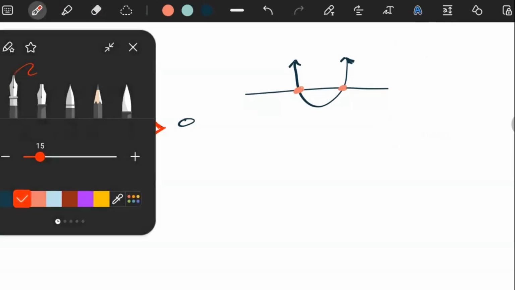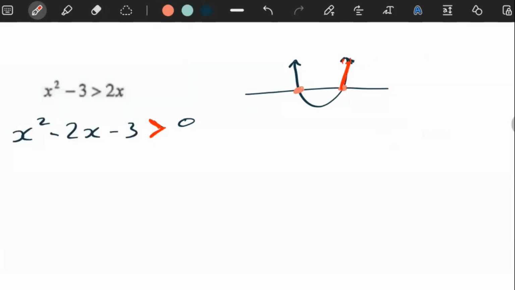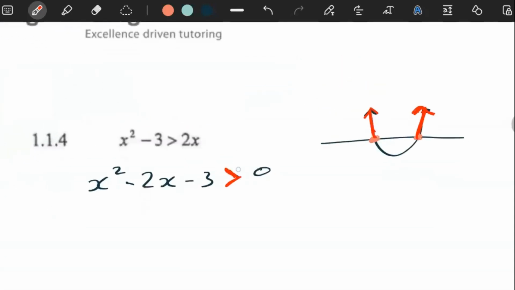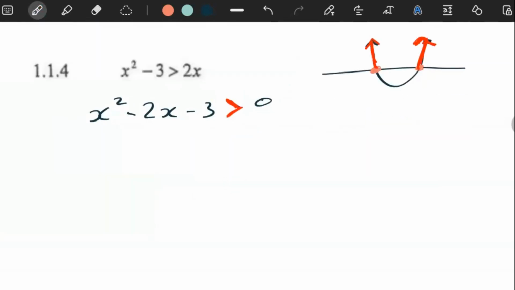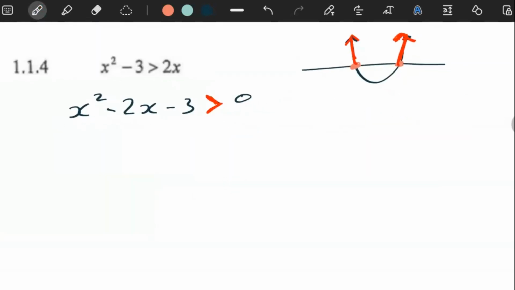And visually, the graph is above 0 over here. This is the part where the graph is above 0. And then this is the part where it's below 0. So it's asking us, what x values is this graph above 0? To answer that question, we have to figure out what is the x-intercept here and what is the x-intercept there. Which is why before we do anything, we have to solve for x first,